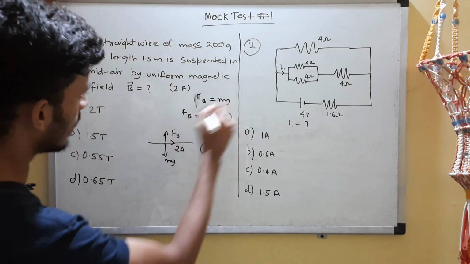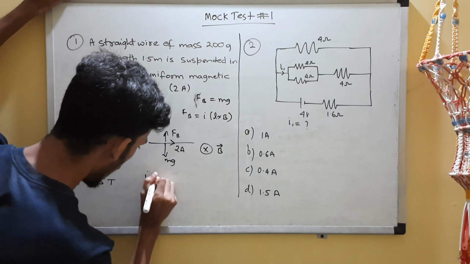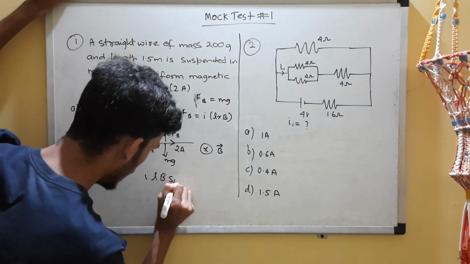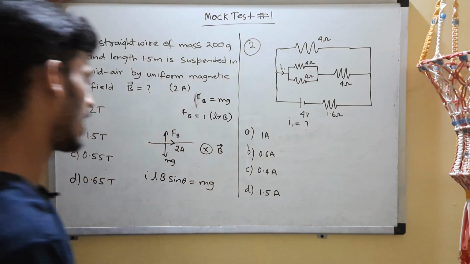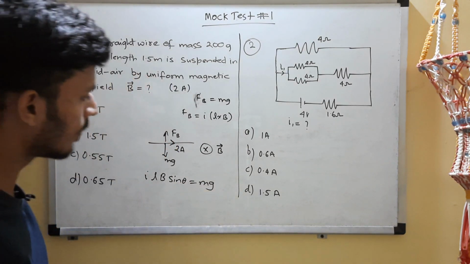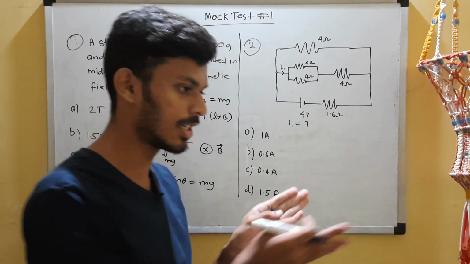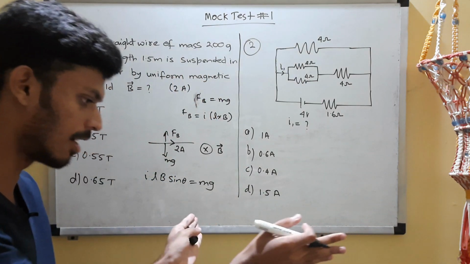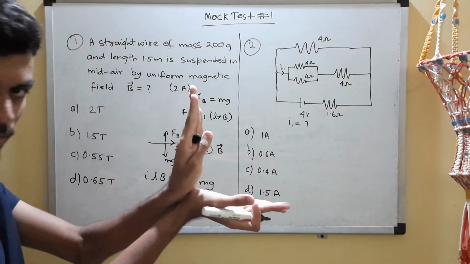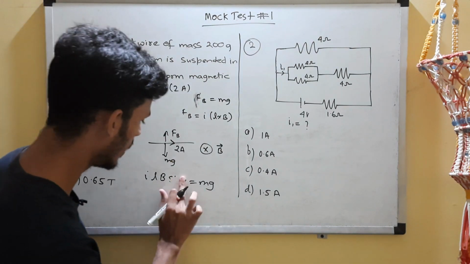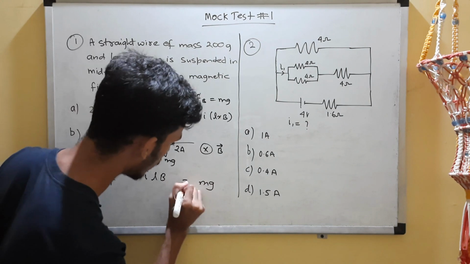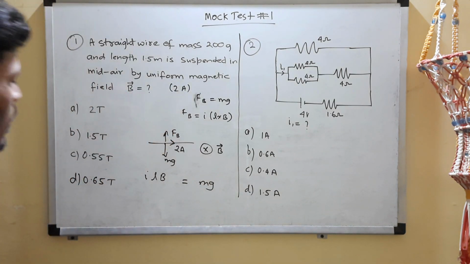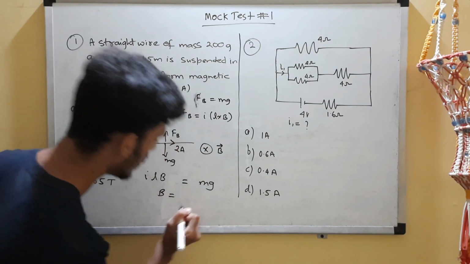Now let's equate these two forces. So we have I L cross B or I L B sine theta equals mg, right? Because our wire is hanging in the air. So sine theta, if you see, L is along this direction, B is inward, right? L is along this, B is inward, 90 degrees. So sine 90, that is 1. We don't have to worry about it. Now we have to just find B from this. All of the other things are given. So we have B equals mg